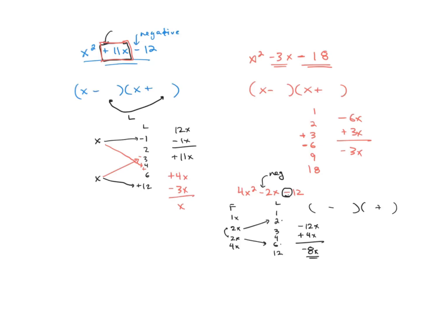So let me try with the 4s, and let me do 4x times a negative 2, and let me get a negative 8x. And let me do x times a positive 6. And here you see I get that negative 2x, which is the middle I had. And I used a problem here which actually had 2 sets of factors for my first. I hope this helped. There's a lot of practice that goes into this, and this skill actually will lead into